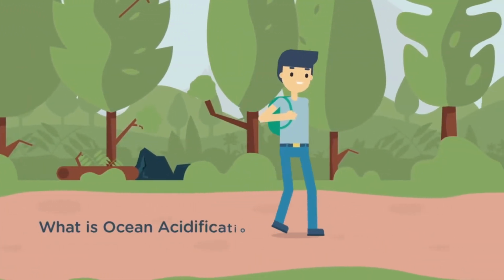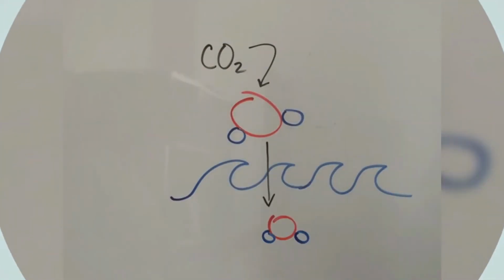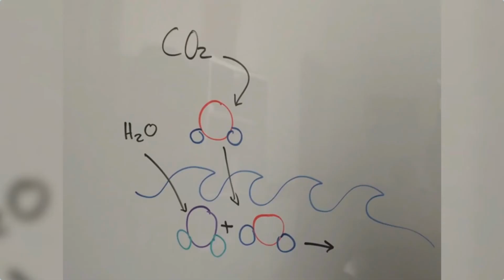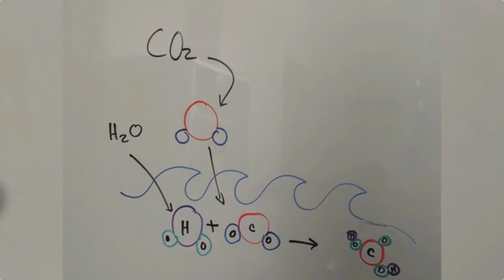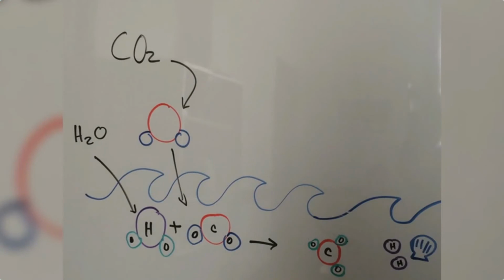So what is ocean acidification and how does it affect nature and ocean life? Carbon dioxide finds its way from the atmosphere into the ocean. When the carbon dioxide meets the water, it reacts and forms carbonic acid. Each molecule of carbonic acid then releases 2 hydrogen ions, which increase the acidity of the water and in turn dissolve the calcium carbonate of shells and exoskeletons of sea creatures.